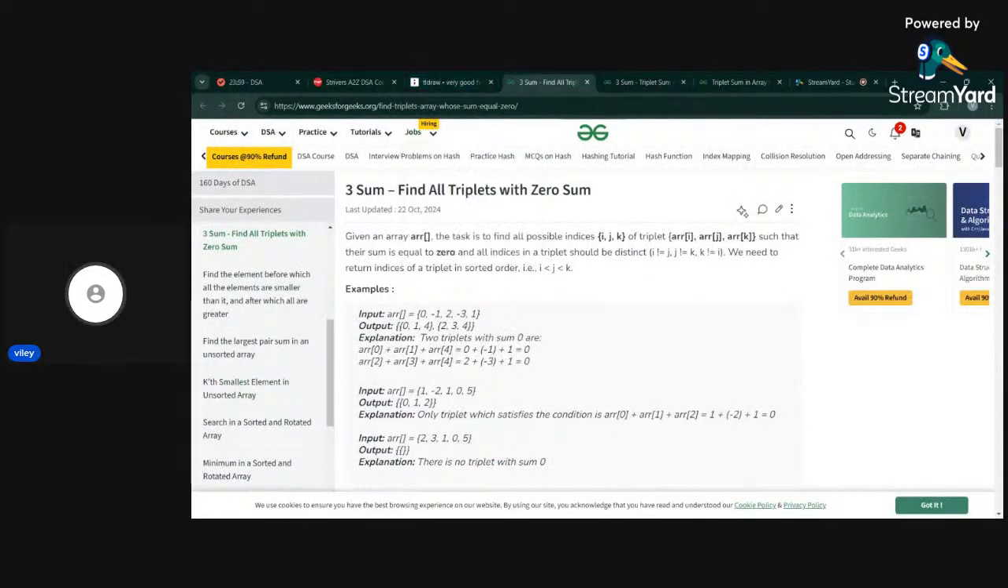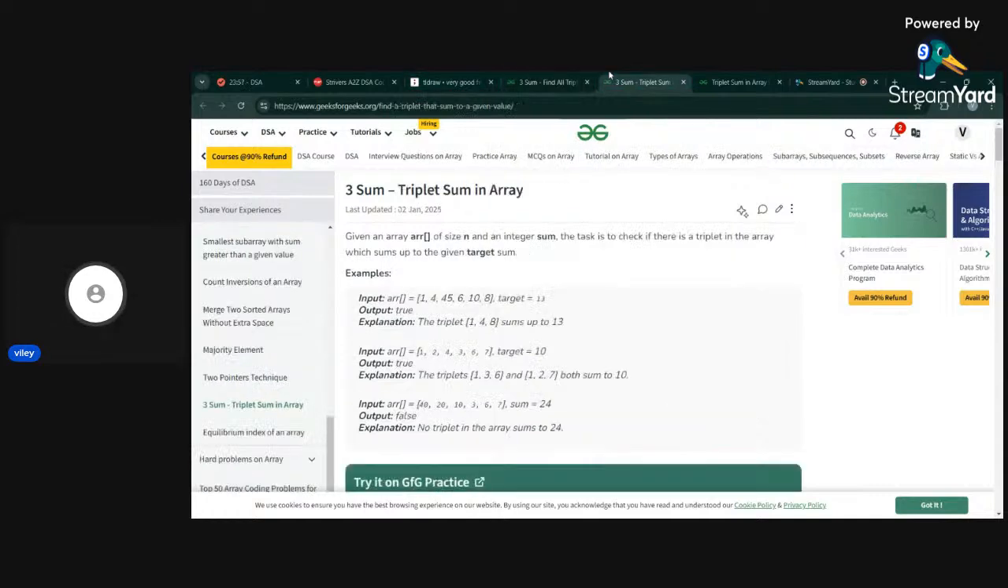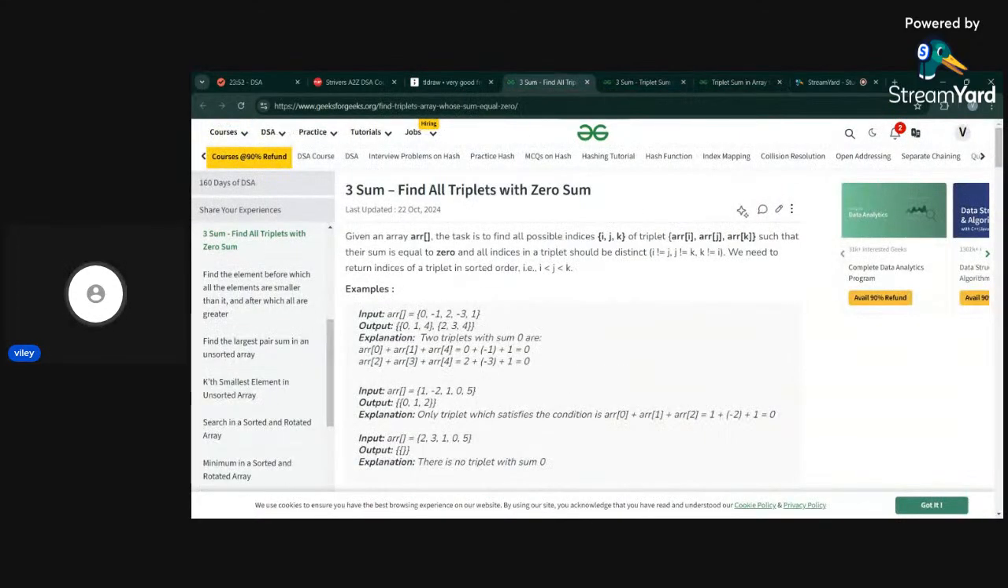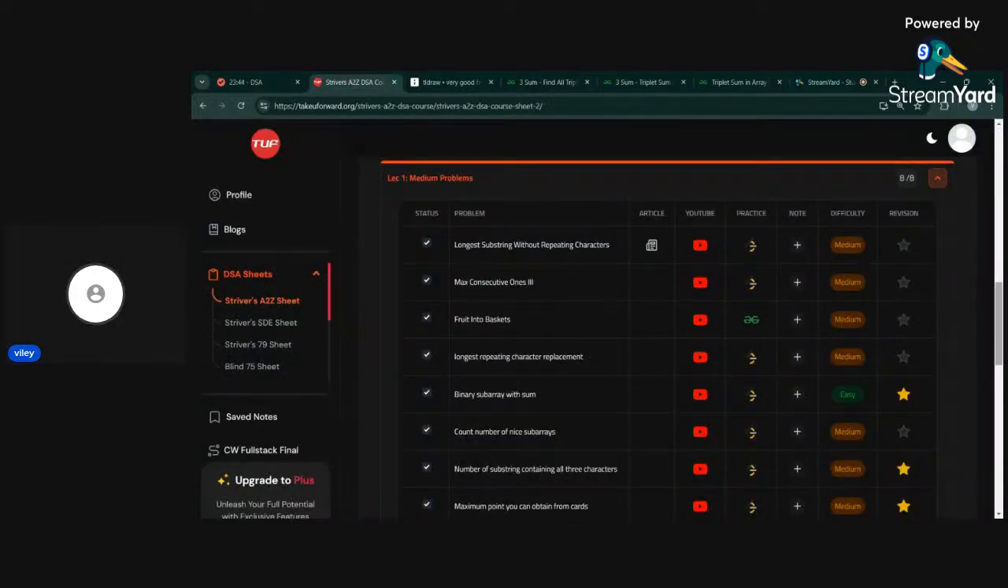So now what I'm thinking of doing is let's first tackle these two problems, which is triplets sum in an array and then triplets with zero sum. We'll do these two problems, and after we do these two problems, I'm probably going to head over to